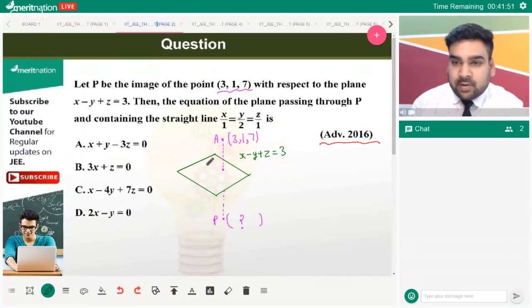Now, how can we find the coordinates of the image of any point about a plane? Always use this method. Whenever you are supposed to calculate the coordinates of the image, you will notice that the midpoint of AP, that's our point Q,